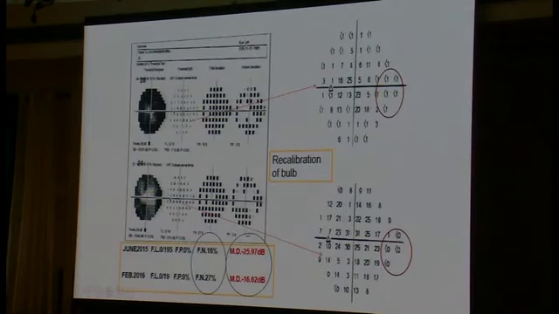Another important thing here, in this case, the fixation losses and false positives are 0 and 0, and the false negatives in the first case are 16% and in the second 27%. Normally when this is 27, the mean deviation should be high. But here, the mean deviation is less than the mean deviation when it is 16.